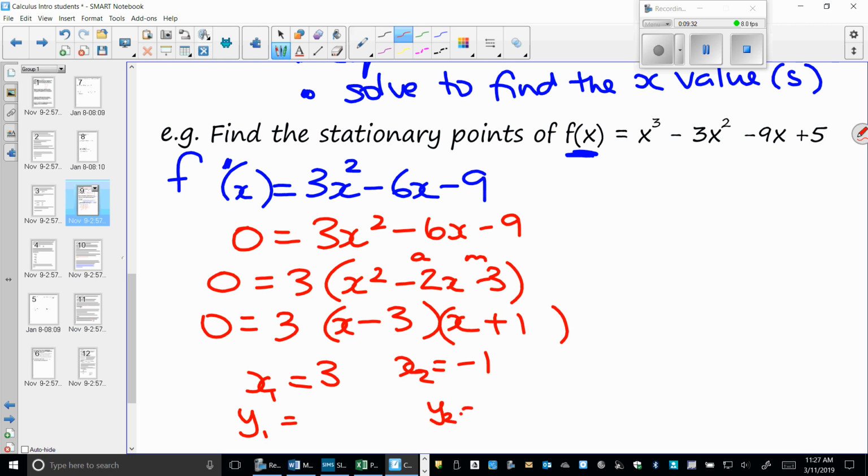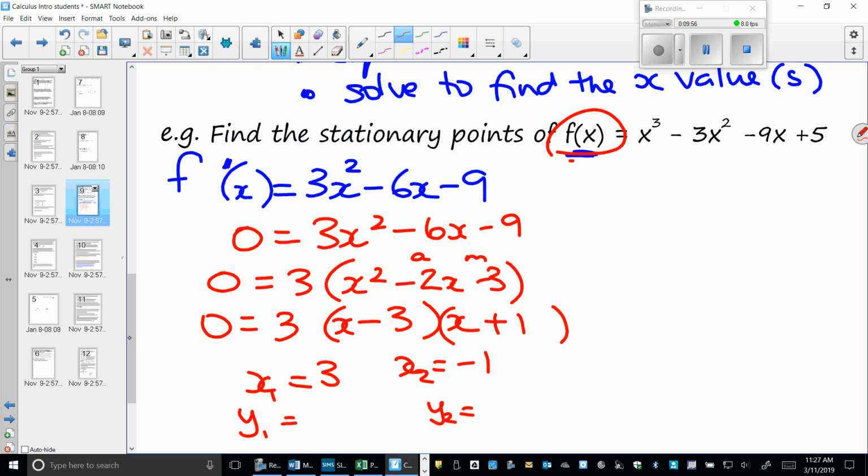So how, Casey, am I going to find their partners? If I know that my 2 values are 3 and negative 1. Awesome. So we're going to sub these values into our original equation to find our values for y, because remember that f(x) secretly means y. Okay? So to find y1,